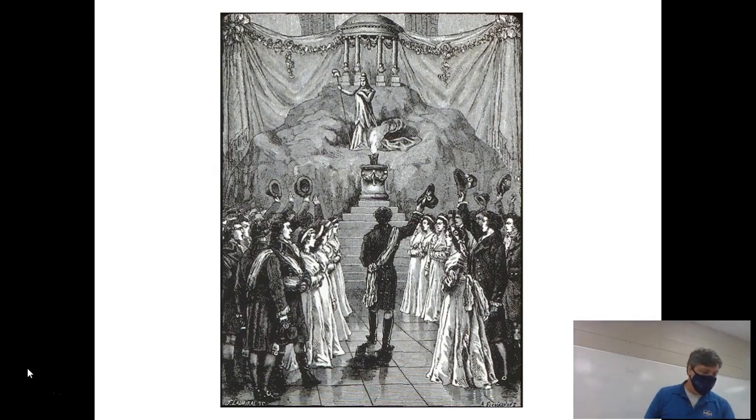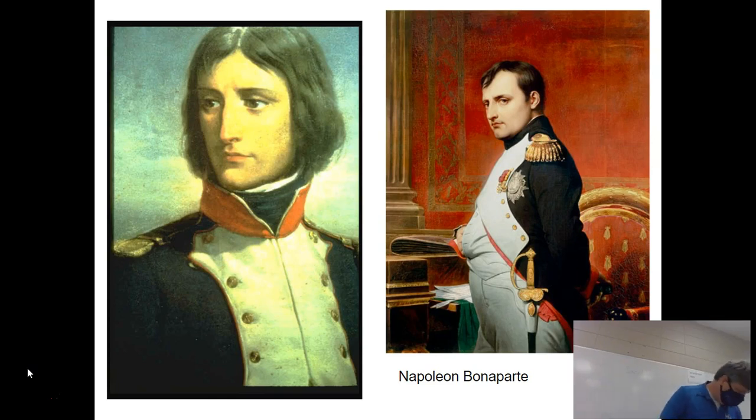Anyway, with the war over, a new constitution was written, the reign of terror came to an end, and that really leads us to the second phase of the French Revolution. And I'm going to run through this early period a lot quicker than I normally do. A new government was put in place by 1795 that was pretty similar to what had been in place at the beginning of the revolution.